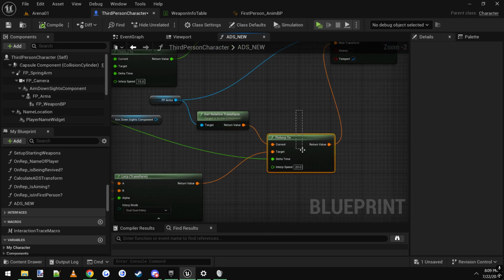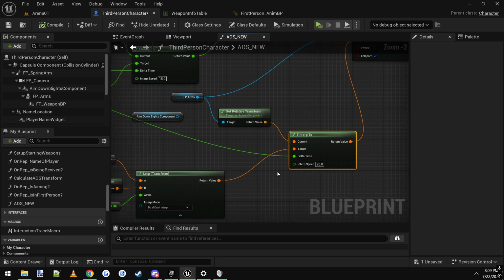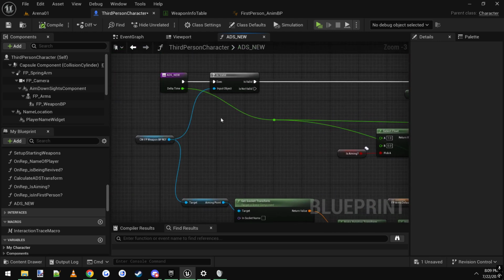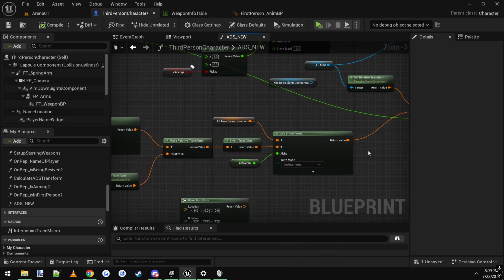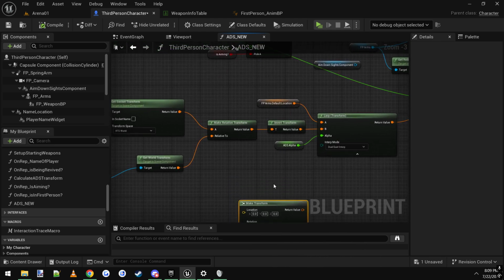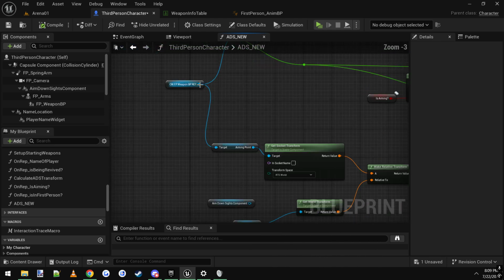You use a TInterp To, an interp speed. 20 felt good to me. You can change this value if you want and see what it feels like. That's just the interpolation speed. Delta time, you can see hooks back up into delta time. The target down here is, let's see, we are getting the